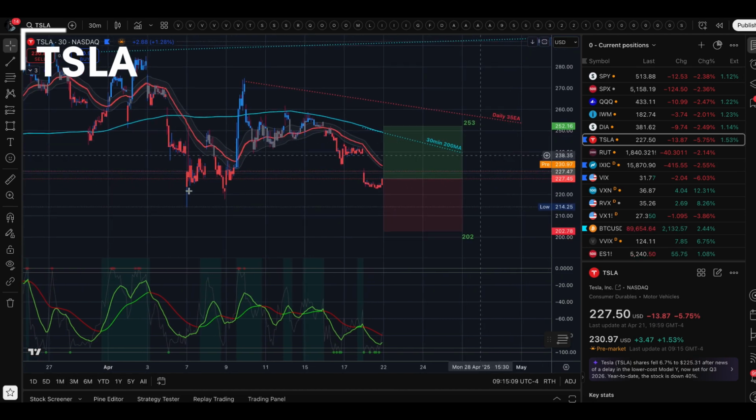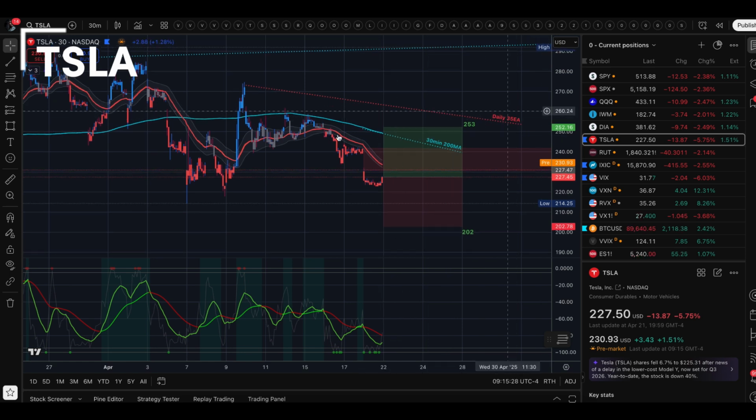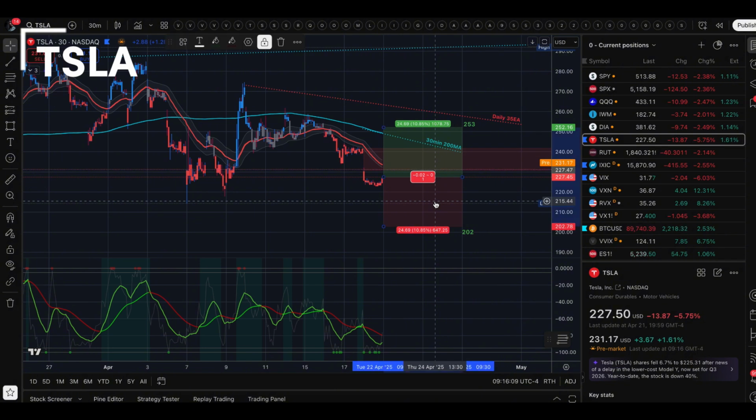And again, we are sitting at support. So if we break this today, just expect a breakdown. And we have this gap right here. Downward facing 30-minute 200 moving average. Daily 35 EMA above that, but that really wild upward facing 200-day moving average. So there you have it. We have a 10% implied move for Tesla today in after hours, and everything else that you need to make